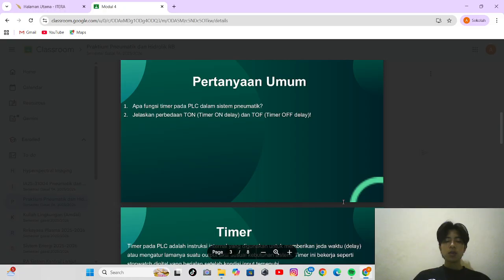A TOF timer, off delay, means that the output is deactivated only after the preset time has passed once the input is turned off. For example, if the delay is 5 seconds, then after turning off the input, the output will still remain on for 5 more seconds before going off.